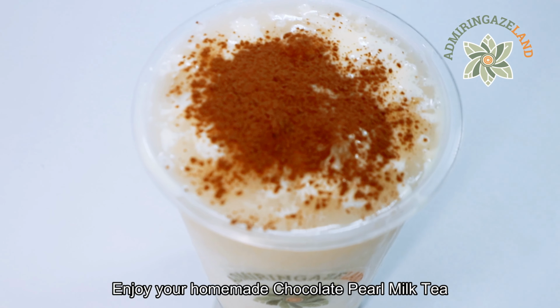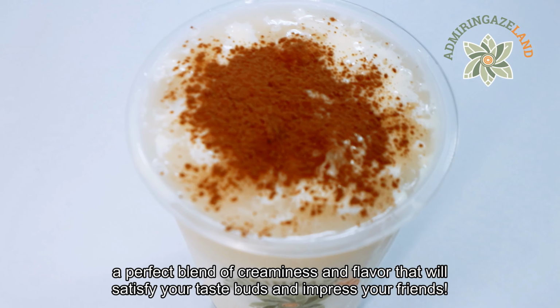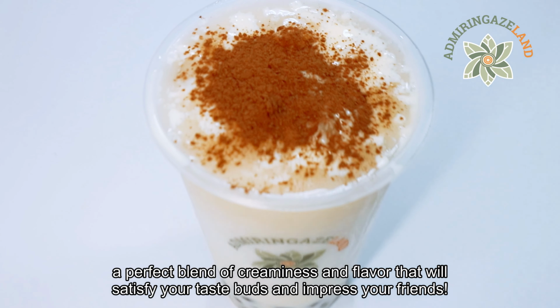Enjoy your homemade chocolate pearl milk tea, a perfect blend of creaminess and flavor that will satisfy your taste buds